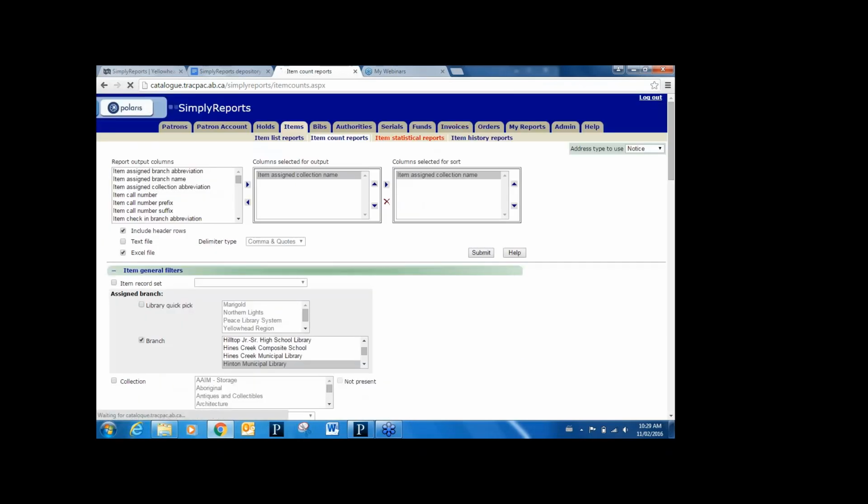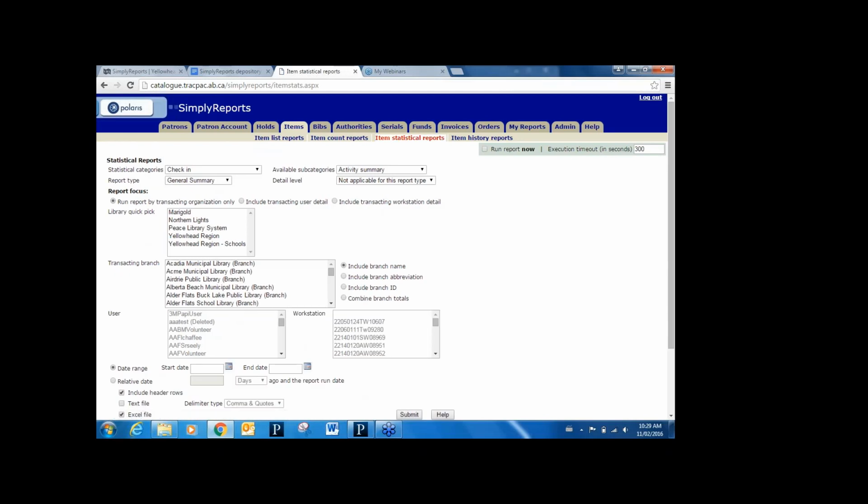Okay, so we'll move on to statistical reports. We just have 2 more reports to run, and then the webinar is over. So under item statistical reports, we're going to run a report about yearly circulation by collection in your library. So we're going to go to checkout, and we're going to choose item assigned branch or item assigned collection code,